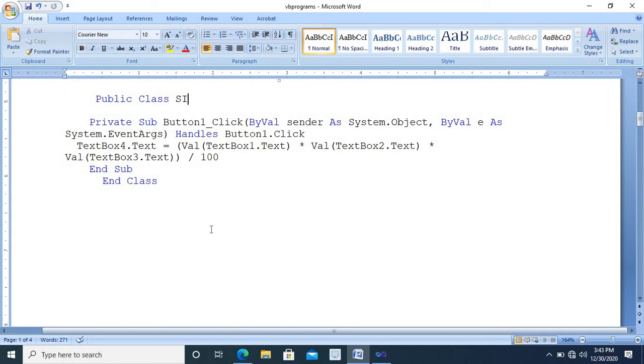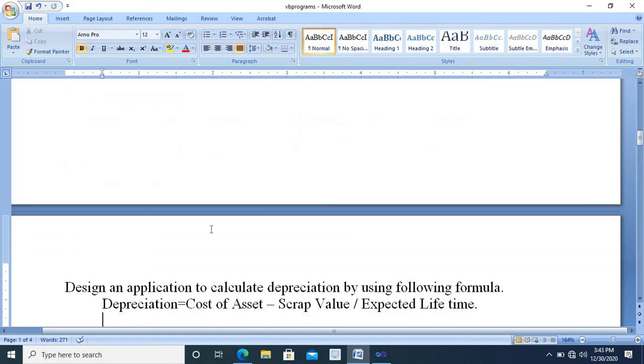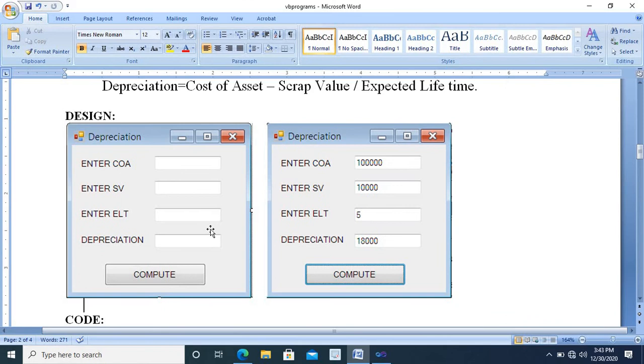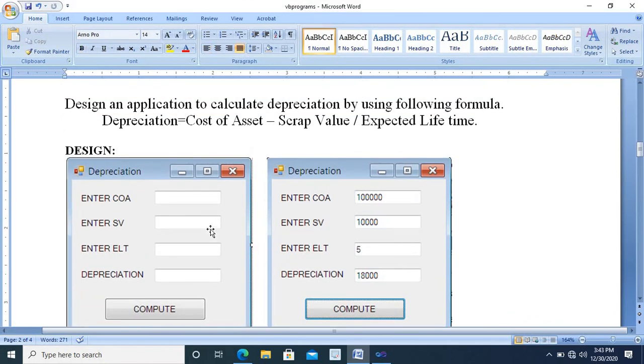Now let us design one more application to calculate depreciation by using the formula depreciation is equal to cost of asset minus scrap value divided by expected lifetime.